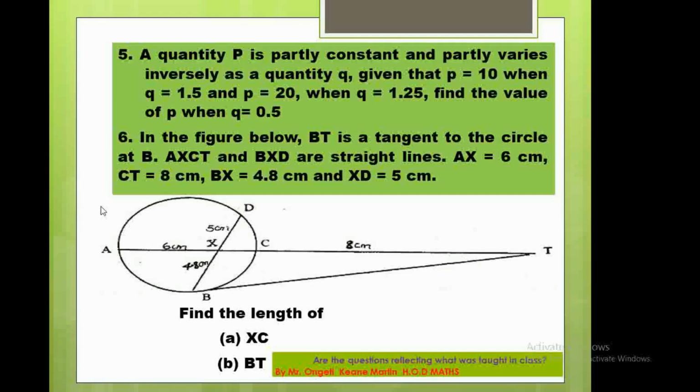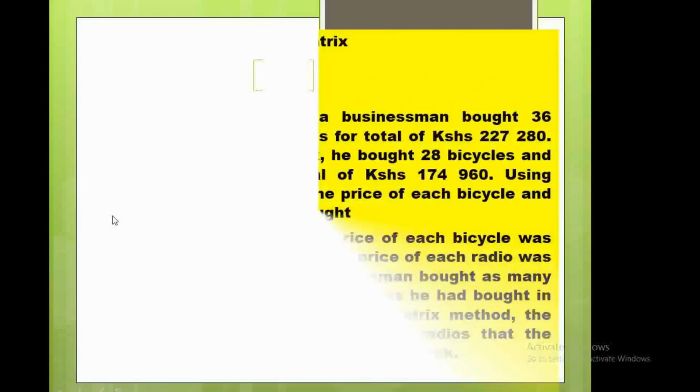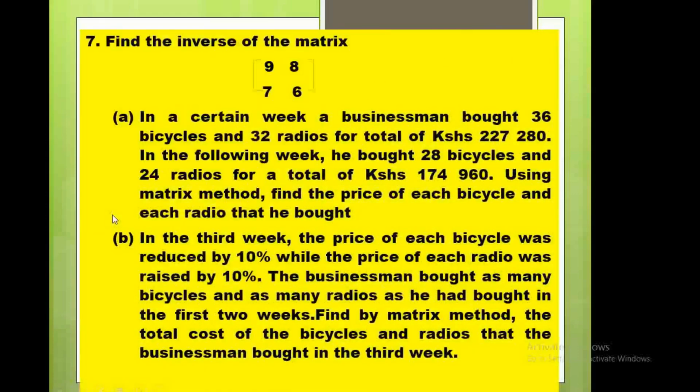Then we can go to question number 7. There we go. Question number 7 is all about matrices, and it reads, find the inverse of the matrix. So the matrix is 9, 8, 7, 6. Now once you found the inverse, then you can solve part A. And part A reads,